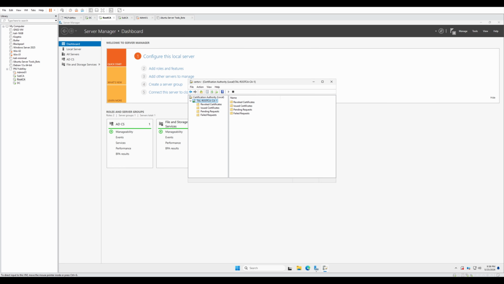So at this point, the root CA is online and it's operational, but it's not going to be actually issuing certificates directly to users or systems. Its primary responsibility is just going to be signing certificates for the subordinate CAs so that they can issue certificates. One thing that I do need to point out